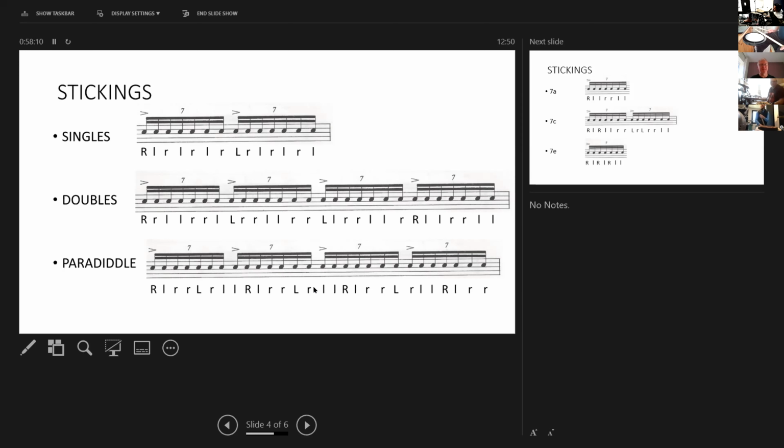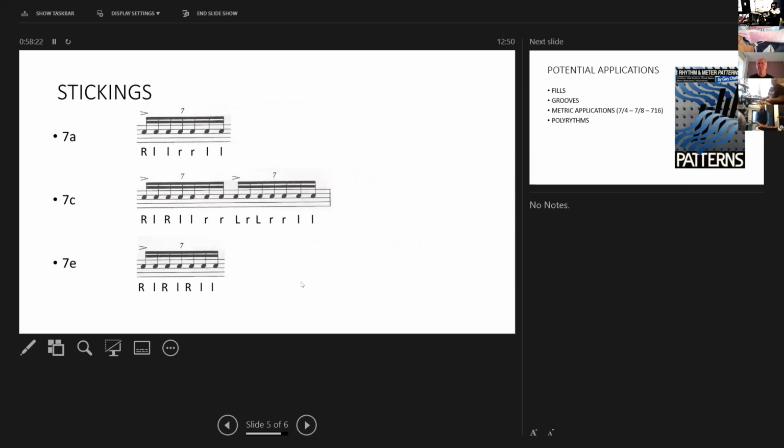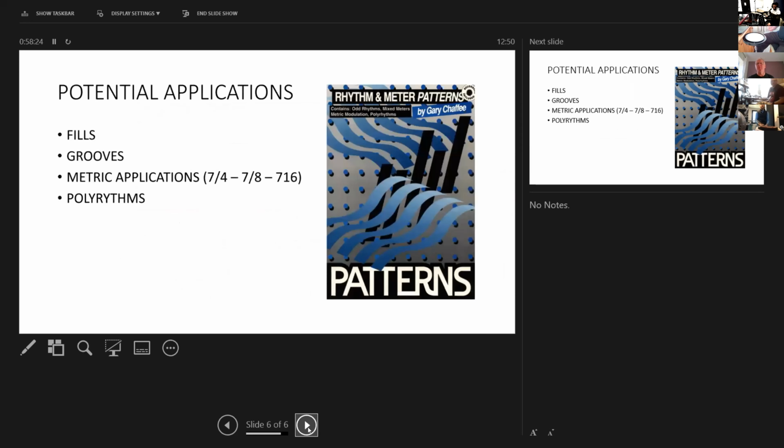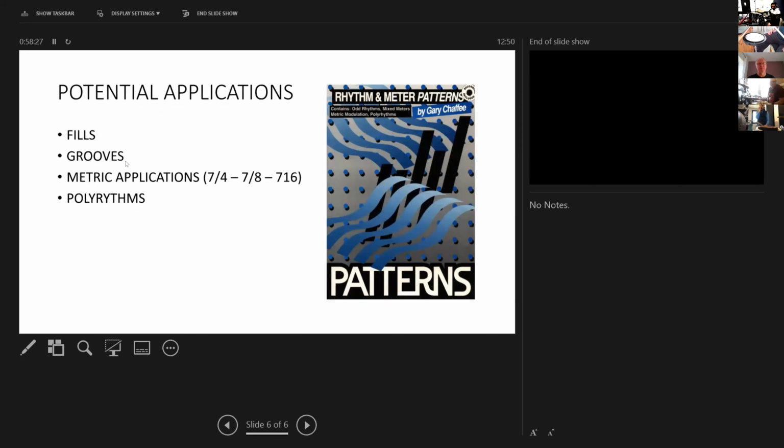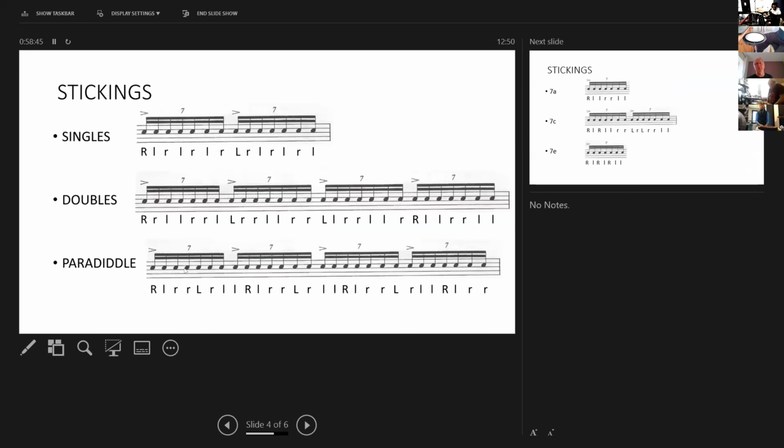Okay, so let's do the doubles real quick. And then, yeah, we've got 10 minutes. I can tell you guys that all I had left was the Chaffee stickings. We were going to explore the applications in fills, grooves, time signatures, and polyrhythms. And then there's the book by Chaffee that addresses specifically those topics of the metrics and the polyrhythmic applications. We won't have time to do any of that today, so we'll do a part 2 next week